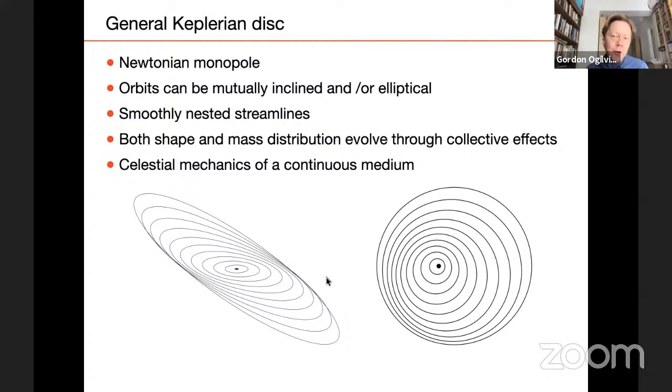Now, in some sense, this can be thought of as the celestial mechanics of a continuous medium, because in celestial mechanics, we're mainly concerned with how basically Keplerian orbits evolve or are perturbed by various other perturbing forces, which might come from, let's say, other planets in a multi-planet system like the solar system, or whatever other forces other than that of the central body act on particles or minor bodies.